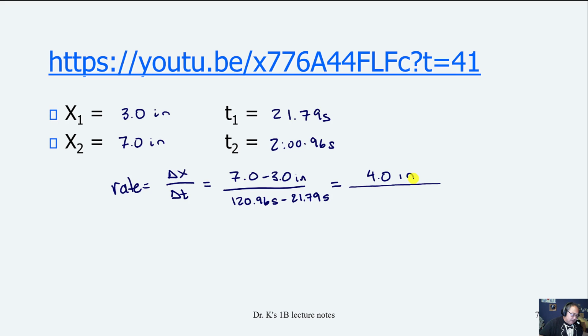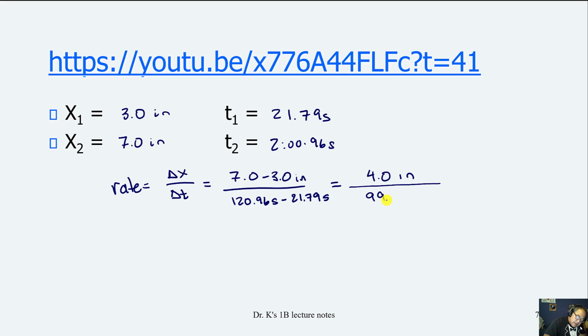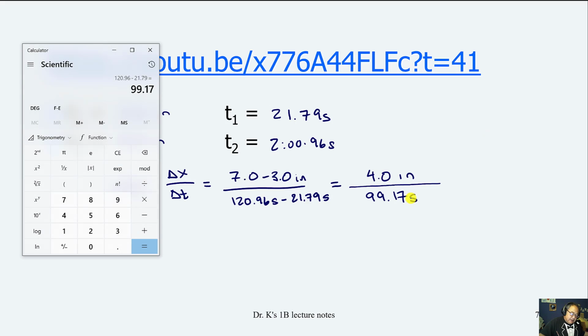I probably don't need to use the calculator for the other one, but I'm going to, just because I know I'll screw it up. So now it's going to be 120.96 minus 21.79. Okay, and then that'll give me 99.17 seconds. So now I could do the rest of the math. It's going to be 4 divided by 99.17, and that comes out to be,